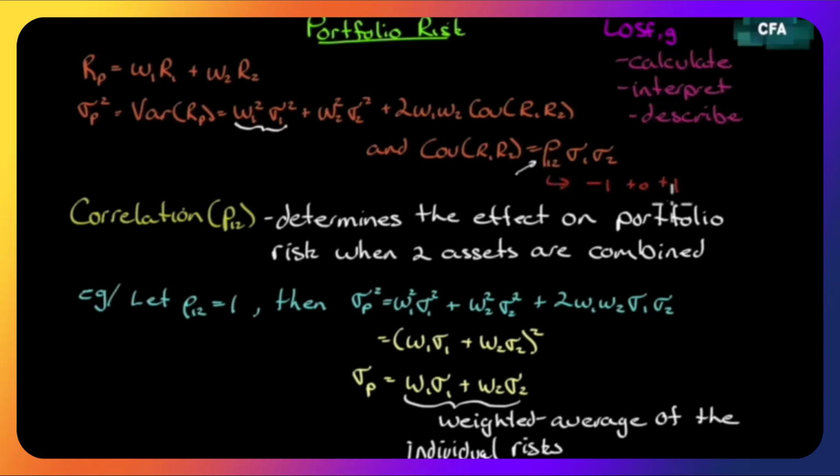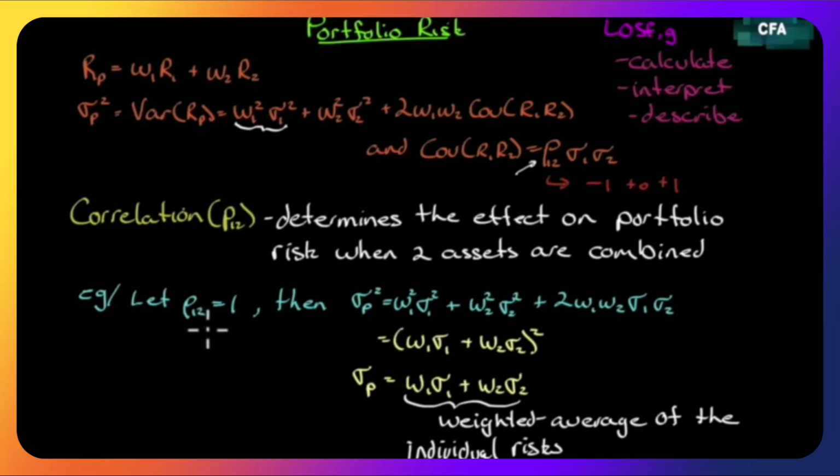So what we want to do to demonstrate that point is walk through an exercise where we set two assets together in a portfolio with a correlation of 1, and we slowly walk that down to 0 and then walk it to negative 1. And let's see what happens to the portfolio standard deviation. Notice, before we even get into that, the return on the portfolio is independent of the correlation. Which means as we change the correlation between these two assets, it should not affect portfolio return. So we're not even going to look at portfolio return. We're just going to really look at the effect on the portfolio standard deviation.